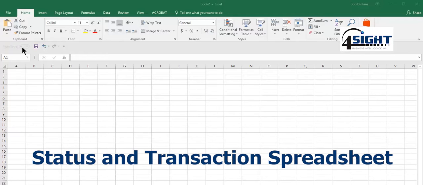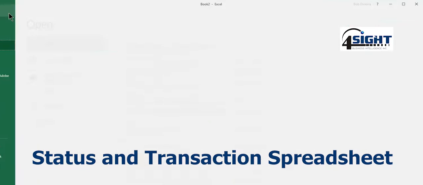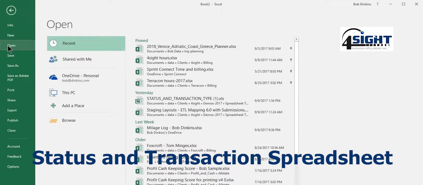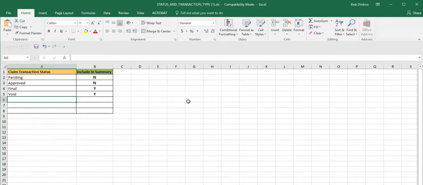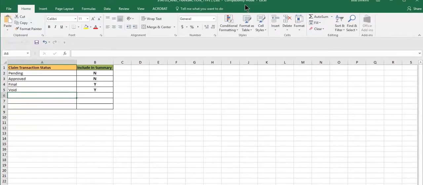Open the Status and Transaction Type spreadsheet. You complete the spreadsheet and we load it into the 4SightBI system. This spreadsheet maps your system-specific data to the 4SightBI database. The spreadsheet is used by the loading process to determine how all the transactions and statuses are handled, and it